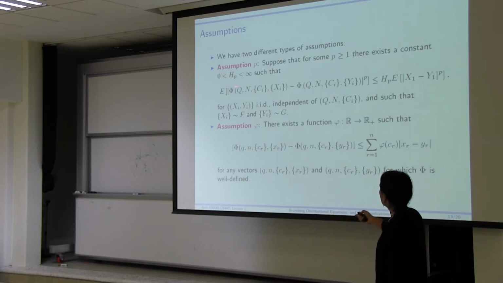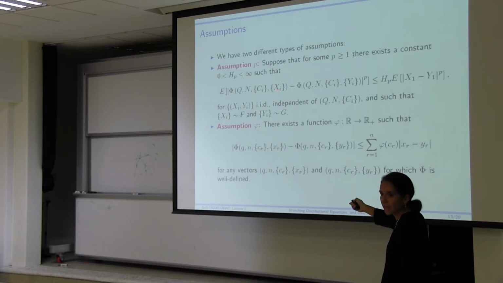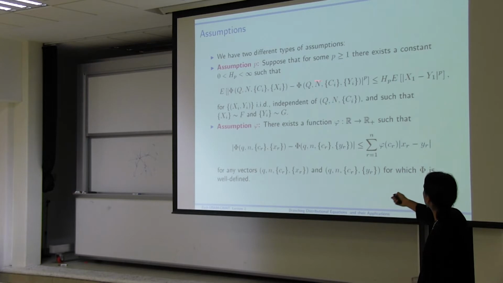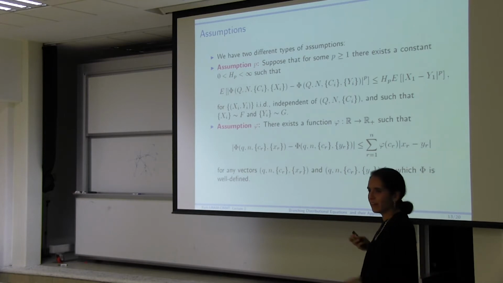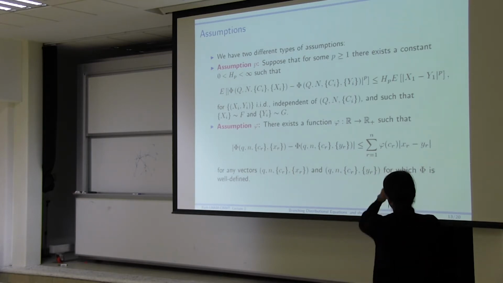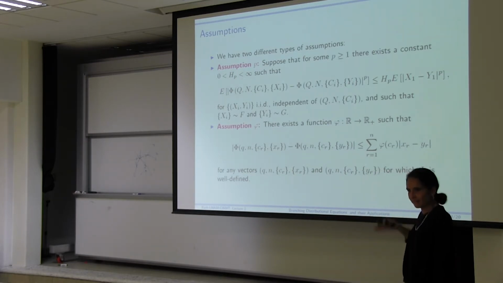This first condition is a Lipschitz condition on the expected value of the difference. Everything is the same, and what I'm changing is I'm taking some x's on the left, some y's on the right, and what I'm saying is that the expected value between the two different maps is smaller or equal than a constant times the expected value between the distribution of the two, so the LP norm on the right. I got rid of the 1 over p, so it's not a norm, but the same is true if I make it the norm there.